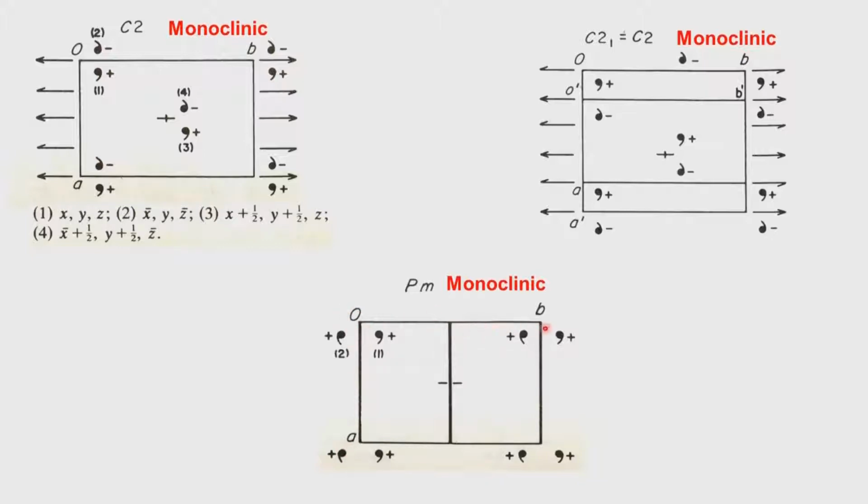The two-fold axis is still along the B direction to define the minimum symmetry associated with the monoclinic system, and therefore, we have a mirror plane where this now undergoes a mirror operation. So, we have x y z and x y bar z. Now, once we have this generated, this can be translated inside the unit cell by 1 unit, and you see that automatically a mirror gets generated at half position, just like the two-fold axis and the 2 1 axis which we saw. And therefore, we have mirror symmetries at these 3 positions, and this now generates 2 equivalent points x y z and x y bar z.